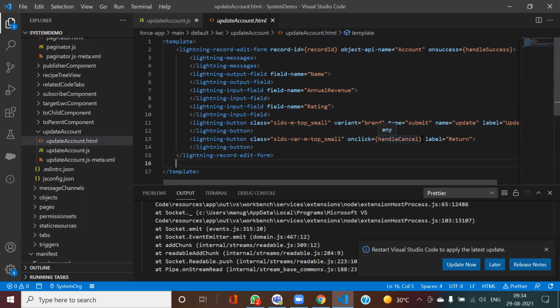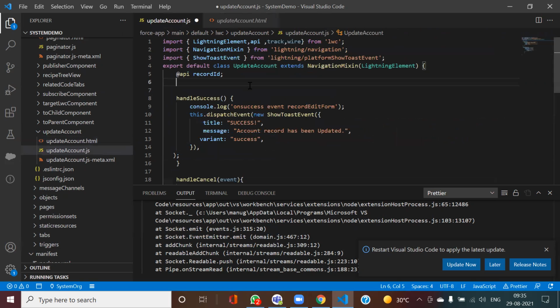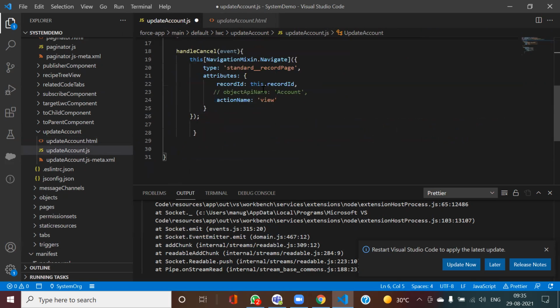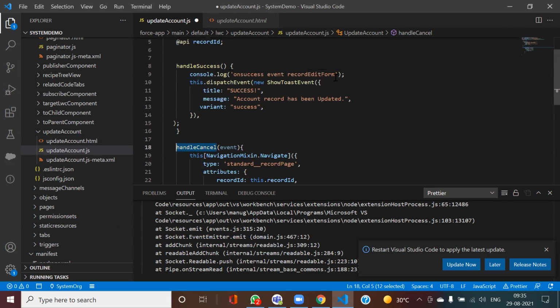Okay, so let us check this one, handle cancel now. Here if you see, I have this handle cancel. Inside this, I am using this library to navigate to my standard page.